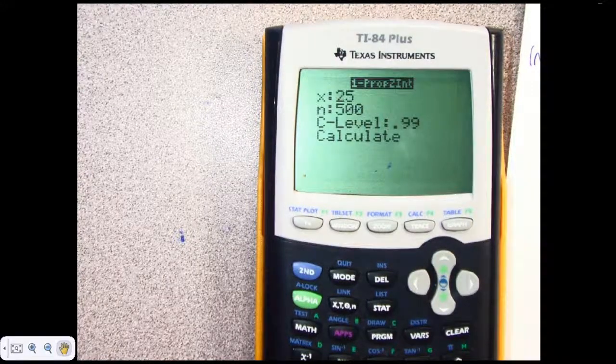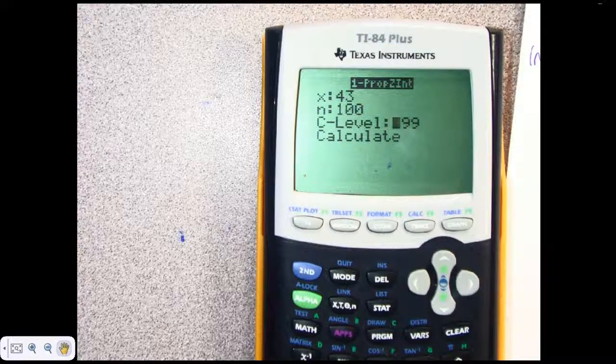So all you put in here is 43 out of 100. X is the number of successes. N is the sample size. So you're not putting 0.43 or 0.57, you're literally putting the number of successes. It's like writing a fraction, 43 over 100, and the 43 goes in that spot, the 100 goes in that spot. A lot of people get screwed up here because they'll try to put a decimal.